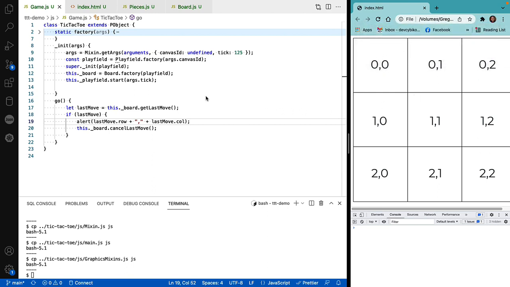This is a much cleaner presentation. This actually says what we're doing. It says get the last move. If there is a last move, display the last move's row and last move's column, and then cancel the last move so that we don't have to see the same move over and over again. Now let's see if we can actually position our X object. To do that,